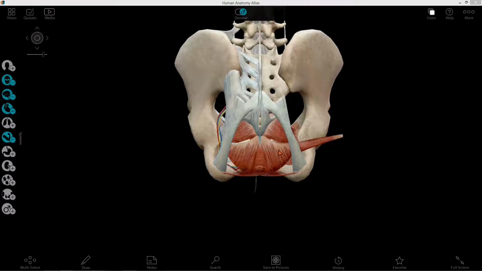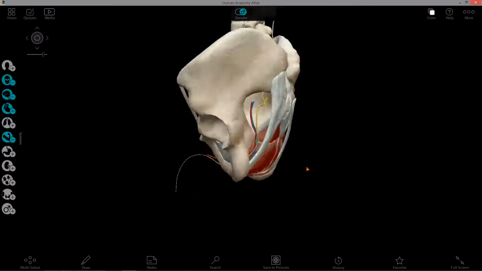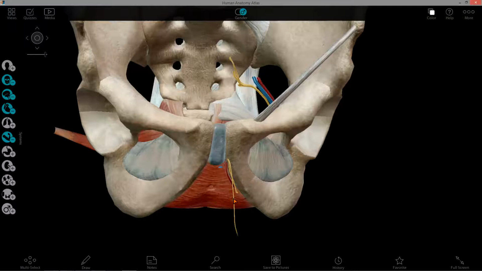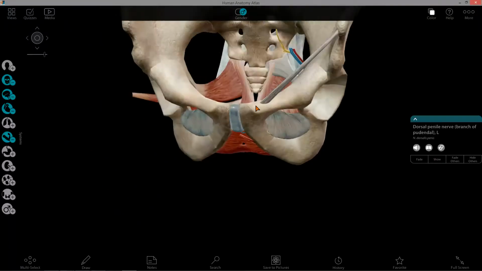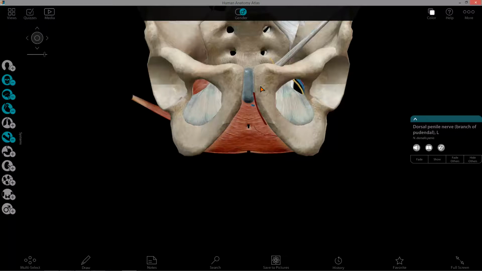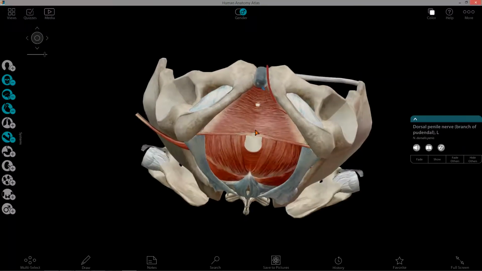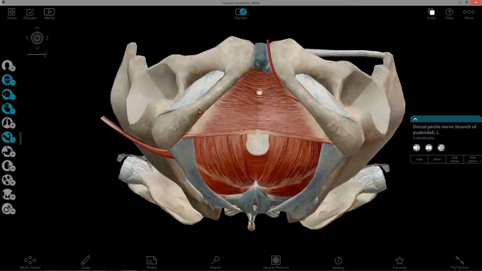So the perineum is a common region to males and females. It's taken us to a posterior view, so I'm just going to rotate us back anteriorly. And I'm also going to just get rid of this pesky nerve here. And so this is an anterior view, and I'm going to rotate so we are looking up at the perineum, and I'm going to zoom us in here a bit. So this is a view looking basically from the feet upwards, so that we can kind of look into what